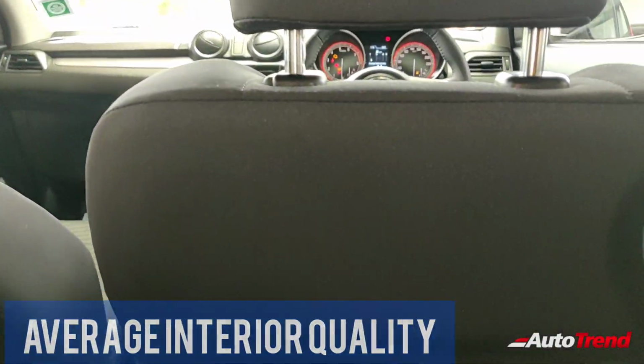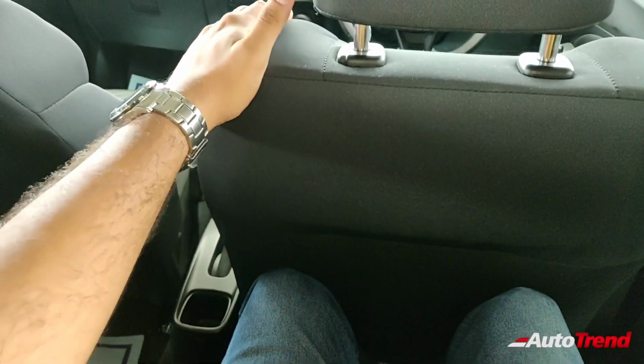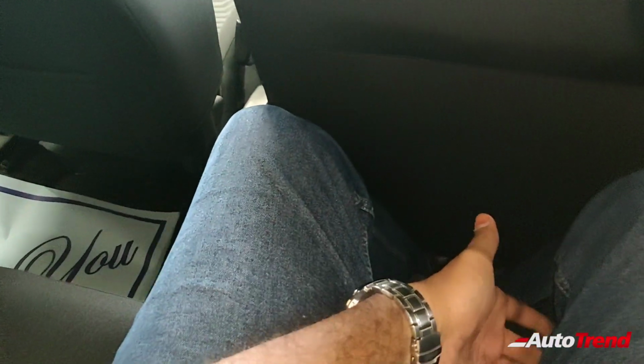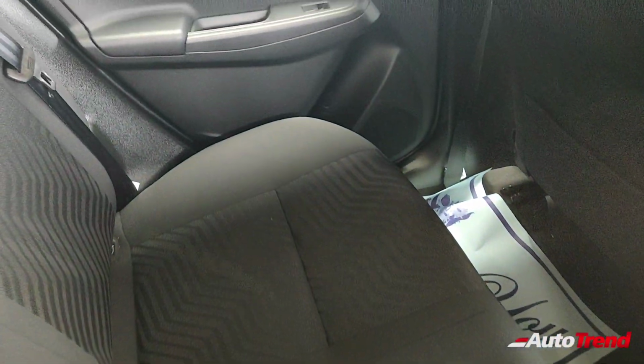Now talking about the rear seats, they have been always decently comfortable. There is not an abundance of space. My height is 5'11" for reference, and I have adjusted the driver seat for my height. Despite that, the legroom is just about decent and the comfort is pretty decent as well. The thigh support may be slightly lacking, but still it is decently comfortable for anyone shorter than me,